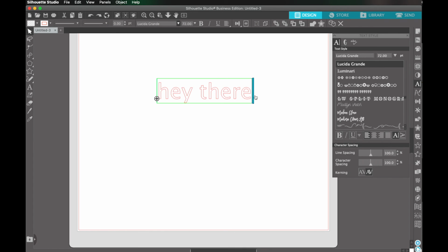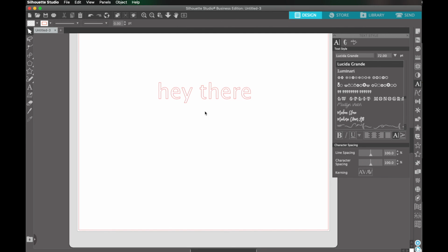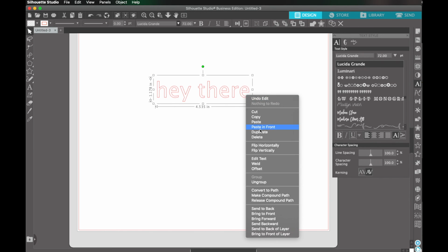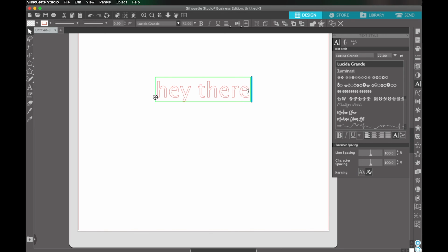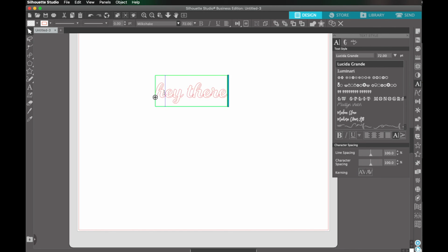So in order to change the font or to change the text, I need to first select the letters that I want to change. I'm already in the text right now, so I can just click and highlight to select the text, and then I can choose a new font like that. Or if I've clicked out of the text box, then now this is acting like it's an object instead of text. So to edit it, I either need to double click, or I can also right click and then click on edit text. Then I can select it to change the font to whatever I want. I can also